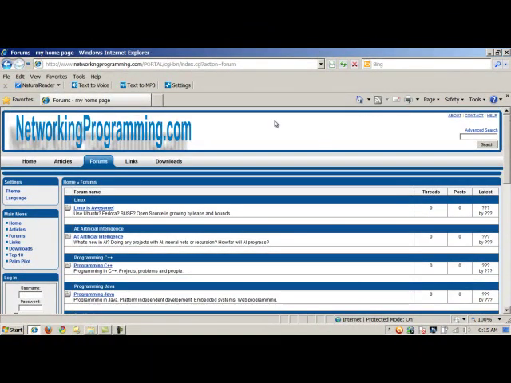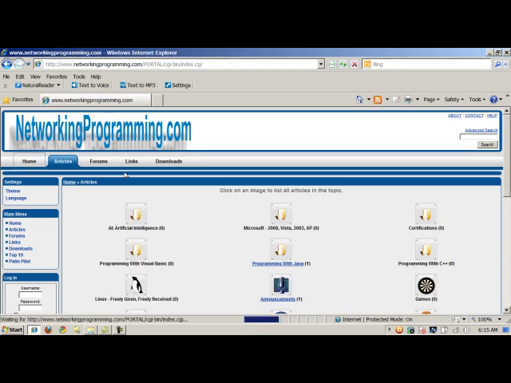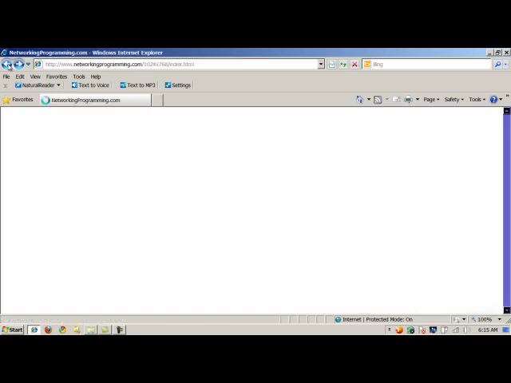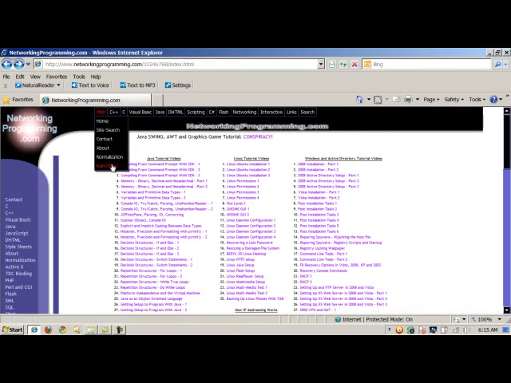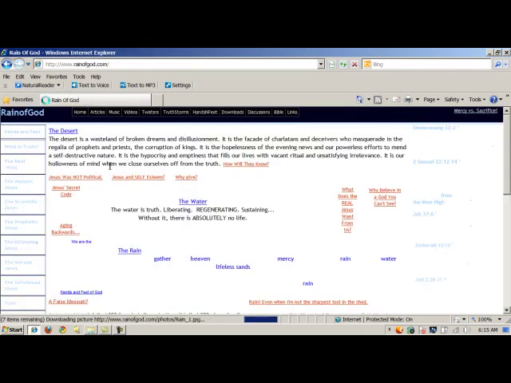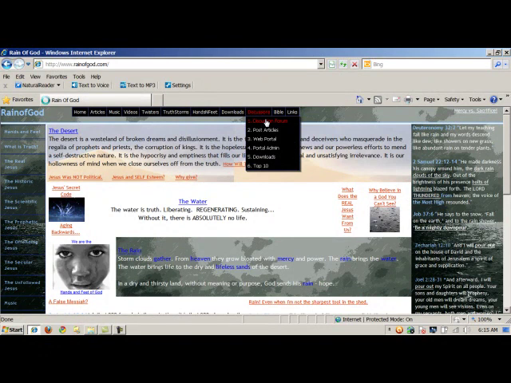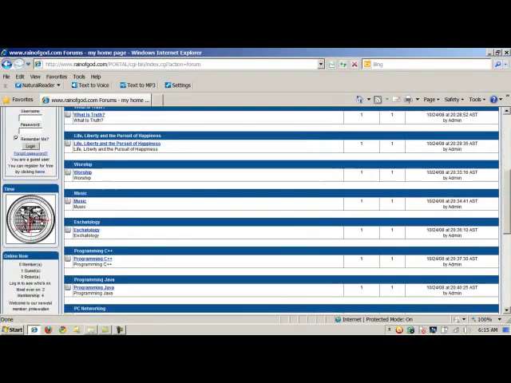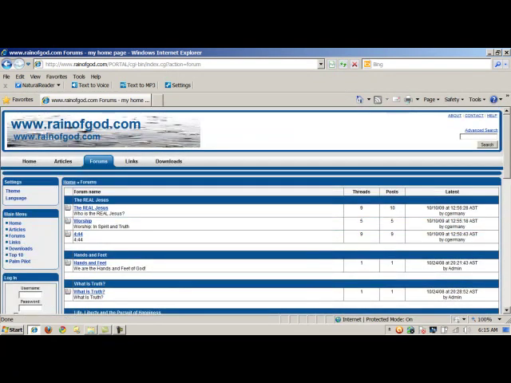I just customized it a little bit with some graphics and things. And also, if I go to this domain, again, that portal is up and customized for this website. Kind of like the default blue theme there, but